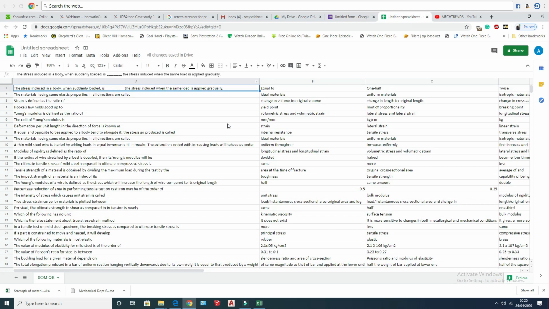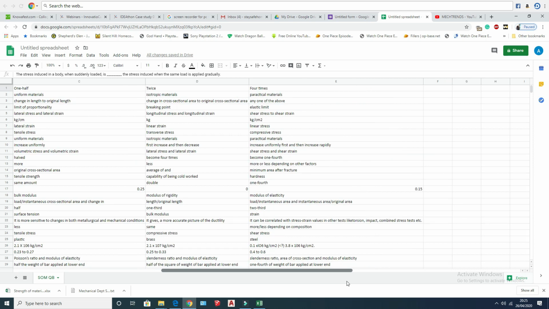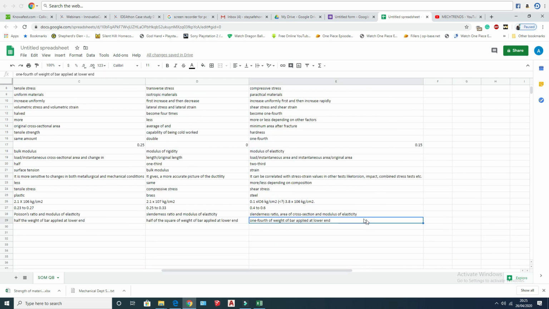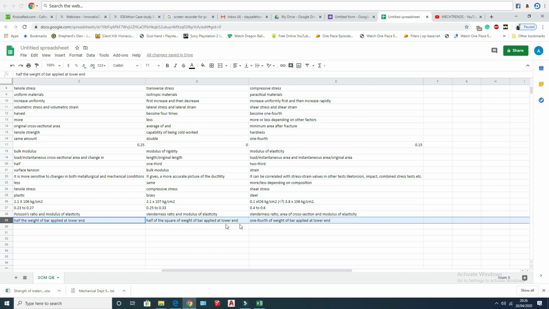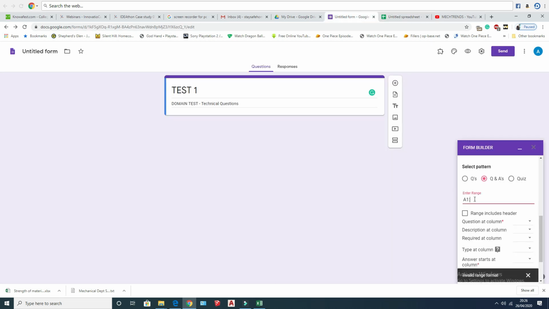There the first cell A1 is the beginning, and the last cell will be the last option of the question. The last option of the question is in the E29 cell. You have to select A1 colon E29 so that the entire questions, starting to ending, will be selected.